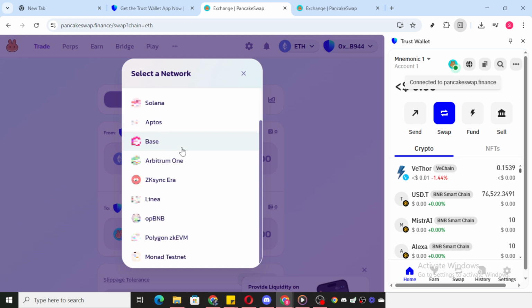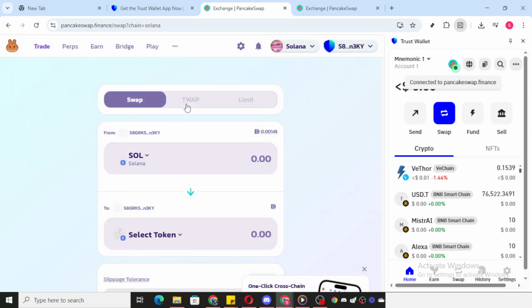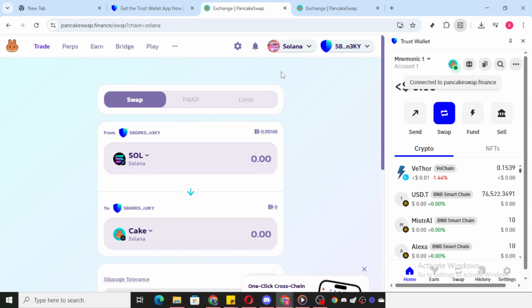Depending on your goals or where you're most comfortable operating, select your preferred network from the list provided. Trust Wallet's versatility lets you switch between different blockchain networks seamlessly, enhancing both your access and control in the world of decentralized finance. To round off this process, simply choose the network you wish to switch to and confirm your selection. Just like that, you've successfully changed your network setting in Trust Wallet, enabling you to take full advantage of its